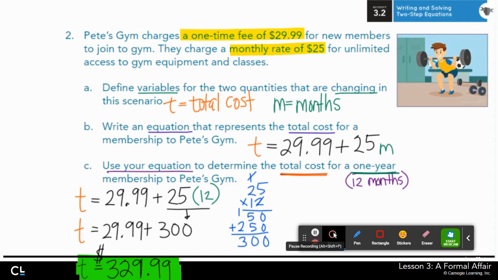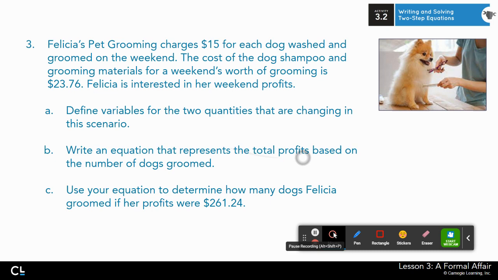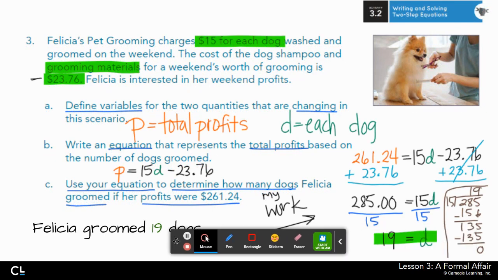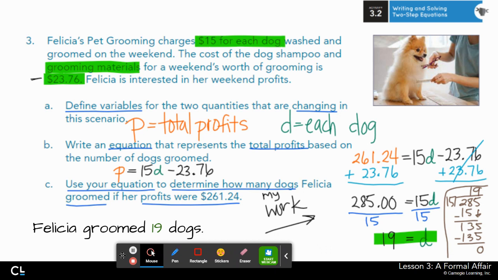Alrighty, moving on to question number 3. Go ahead and compare my work to yours. The variables that are changing here are the total profits, so I put P for profits. You can also put T for total. And then each dog, so D for dogs. The equation that I wrote, P, profits, is equal to 15 times each dog, because 15 was the cost per dog, minus